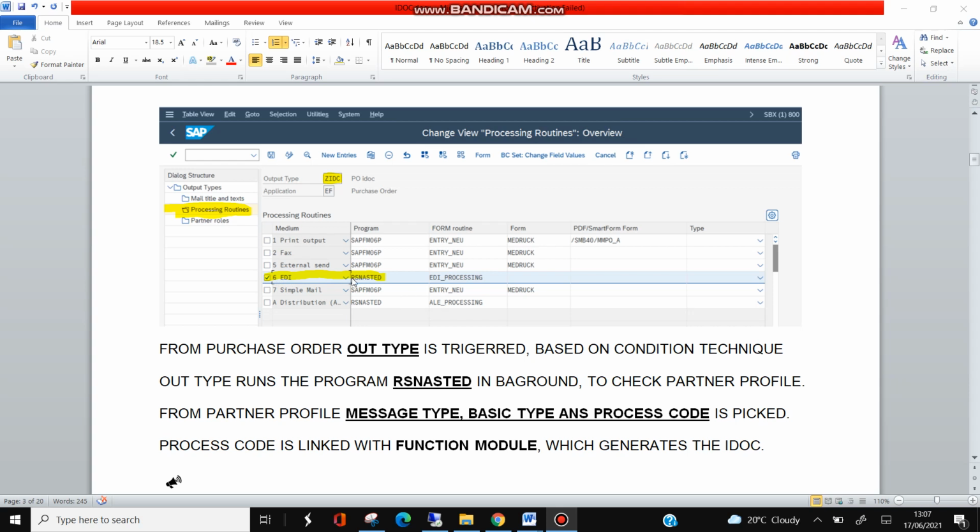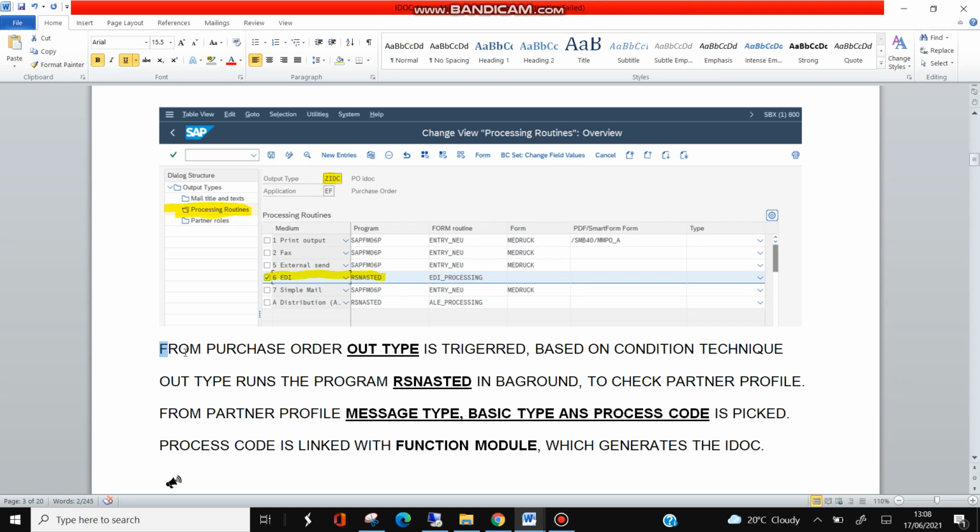This program will run in the background and try to find the partner profile in WE20. If the partner profile is maintained in WE20, then it will get the message type, basic type, and process code. It requires the basic type to fill the IDOC, and the process code, which was ME10, is linked to a function module, and that function module is responsible for filling the basic type and generating the IDOC.